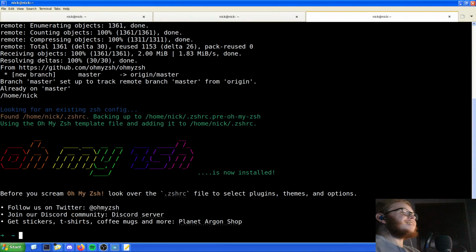Before you scream, "Oh My ZSH!" look over the ZSH file to select plugins, themes, and additions. Now, what I do like is it actually tells you what the file is. Now, not letting me open it. I mean, that's expected. But what we can do is again do